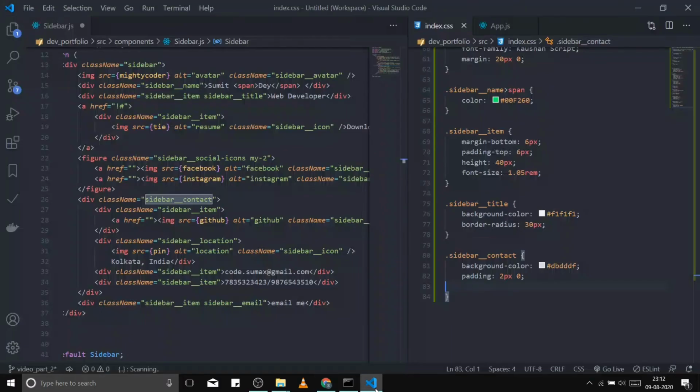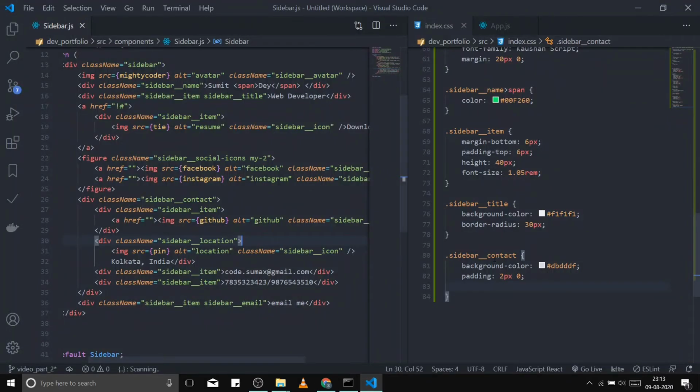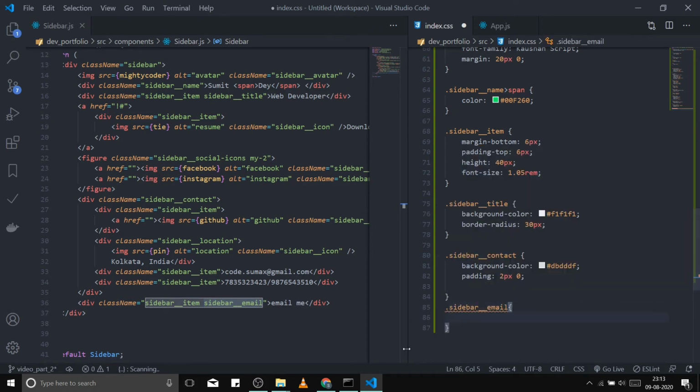Yeah, I haven't saved the HTML. Yeah, look at this. Now I want it to stretch out. Okay, I think the margin in y-axis actually did not work. We'll see it. And then this email me here. So to get the email me, I'll do this sidebar email, and for that sidebar email I'll just give it